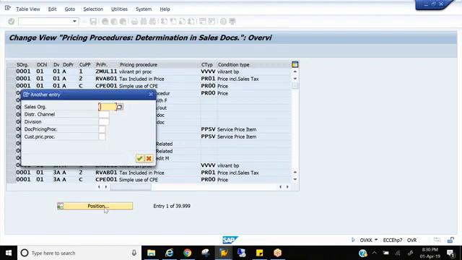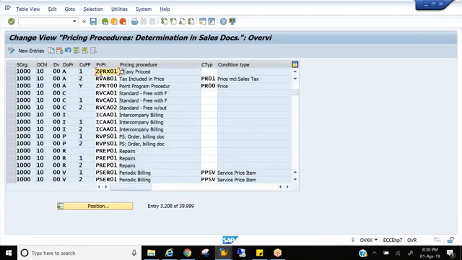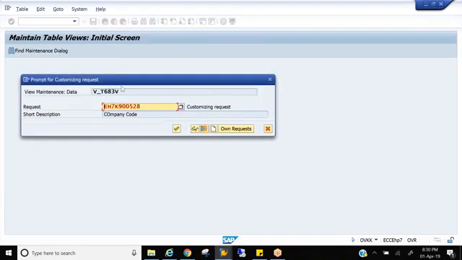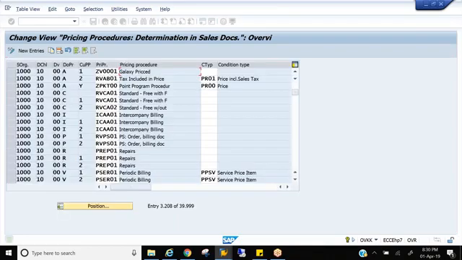So I'll go with the standard 1010 and 00, A and 1. The document pricing procedure A is standard and customer pricing procedure 1 is standard. I'll replace this with what we created, ZV0001. This is my procedure. Let's save it. This is the fifth step. And this step you don't repeat every time. You do it only once, with the combination of your sales area, document pricing procedure, and customer pricing procedure. The customer pricing procedure tells the system whether it's a domestic customer or a foreign customer.